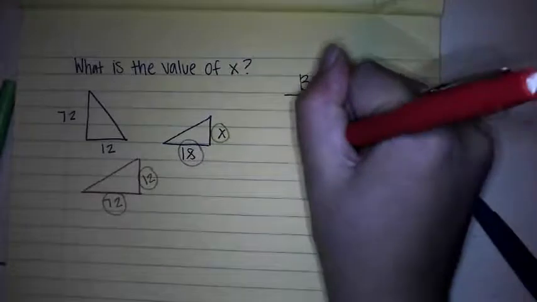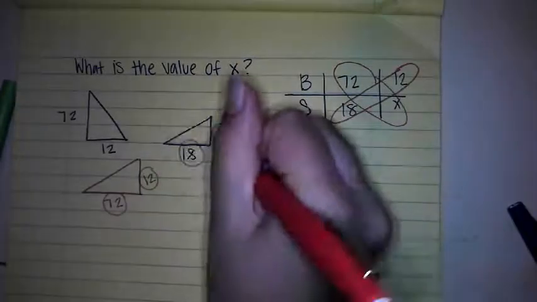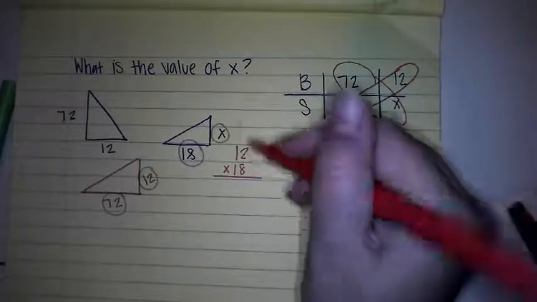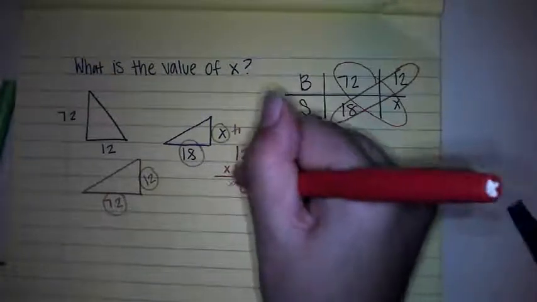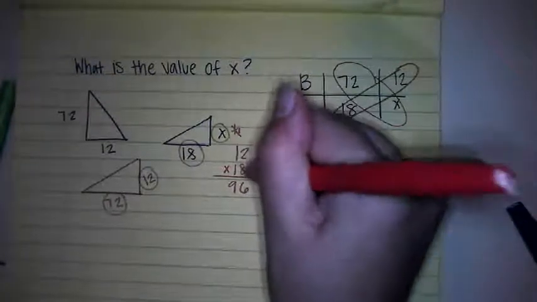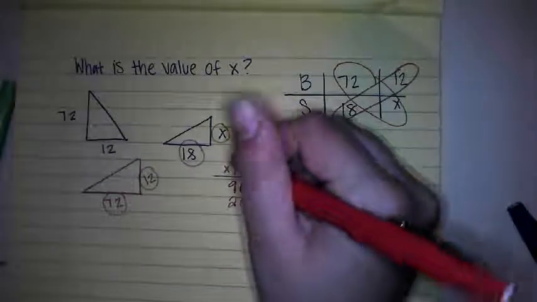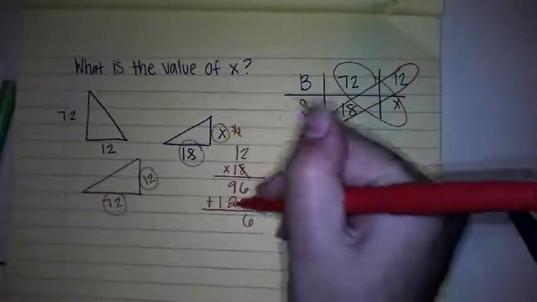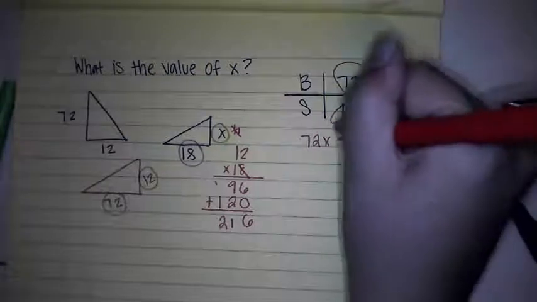72 times X is 72X. 12 times 18, you're going to have to work that out. So 12 times 18. 8 times 2 is 16. 8 times 1 is 8, plus 1 is 9. Make sure to put your 0. 1 times 8 is 8. 1 times 1 is 1. 6, 9, 10, 11. 1, 2. So I got